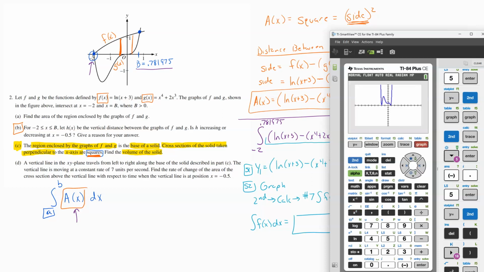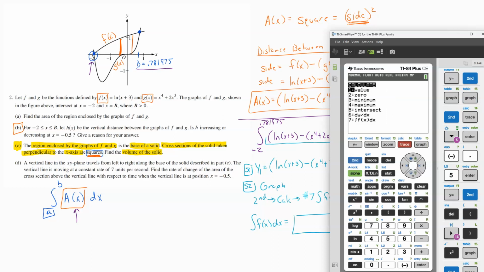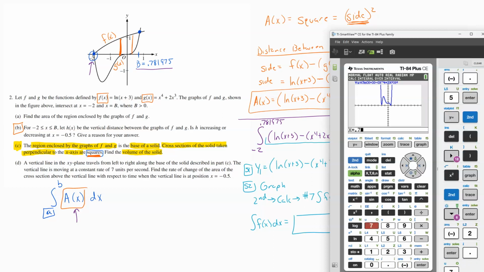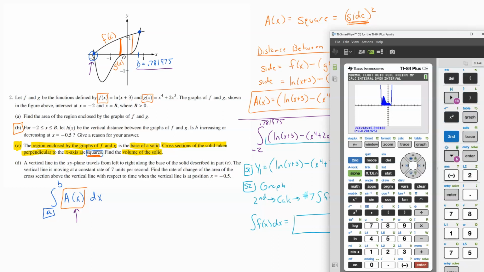We graph this thing, and then once it's graphed, we're going to go ahead and hit second, calc. We'll choose that number 7 option in here, which is the integral of f of x dx. We'll hit enter on that. It's going to ask us for our lower limit. Well, our lower limit was -2, so we type in -2, hit enter. Our upper limit was that b value, that's the 0.781975. Type that in, hit enter. It colors it in for us, and then at the bottom of the screen, more importantly, it says the integral of f of x dx equals